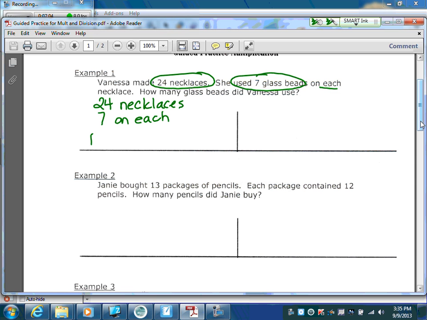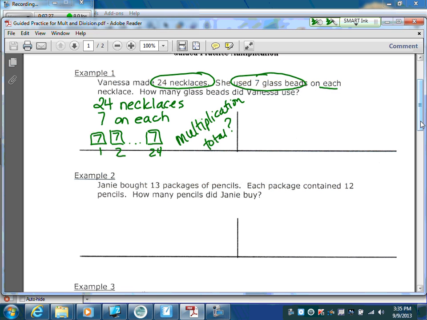So we know she made 24 necklaces. So here's 1 necklace, 2 necklaces. I'm going to skip to 24. Each necklace she used 7. Well, look at my picture. I know that that is multiplication. I also know because I'm looking for a